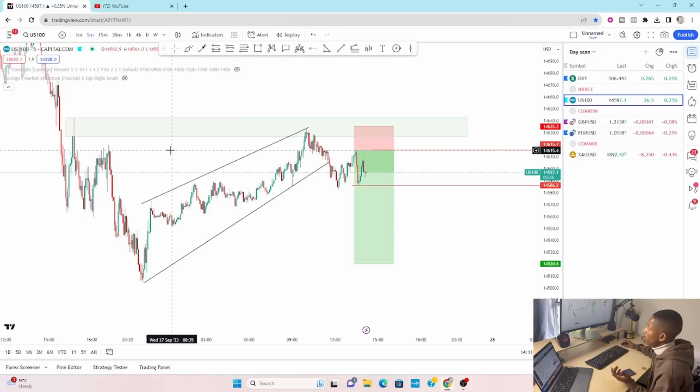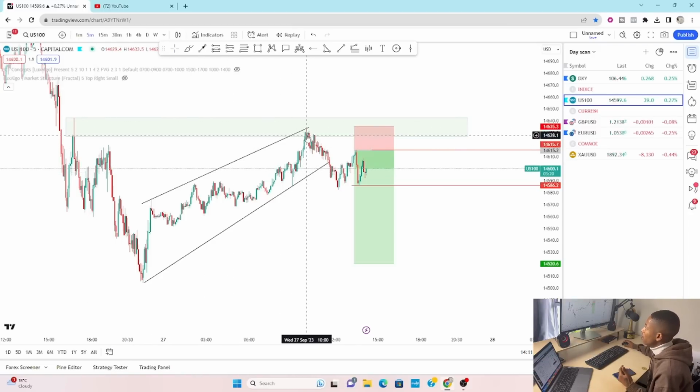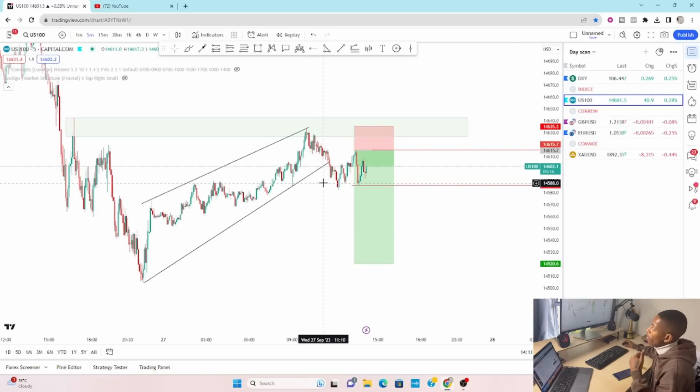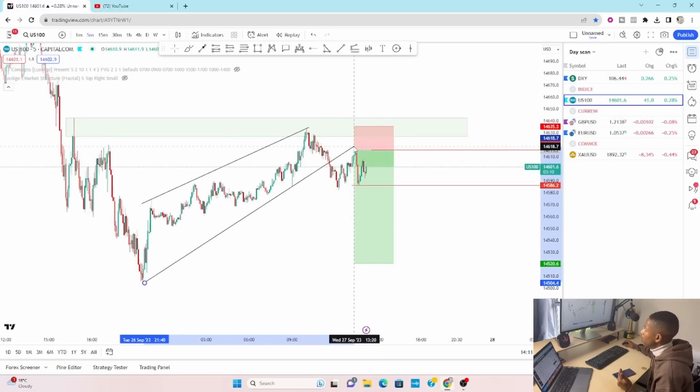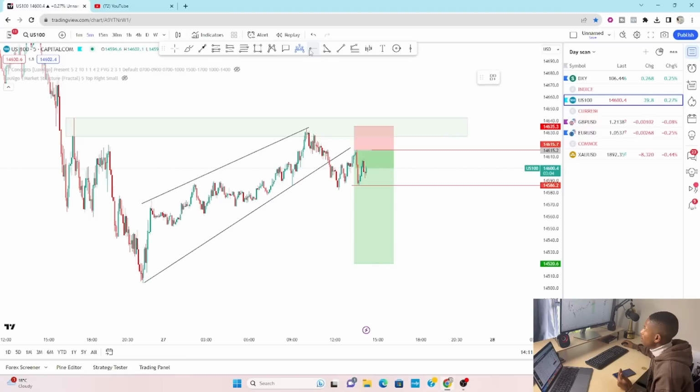So with this, I took a message that, okay, there's some resistance it couldn't break, and it gave us beautiful evening stars here at the top. At the same time, price came and broke below here. So there's a higher chance that the price might come back a bit more to the upside and retest this area. So how I saw this was more on a retest towards this area right here. You can simply see a retest towards this area, and then one thing that I did now is that I just added it by having at least this area right here